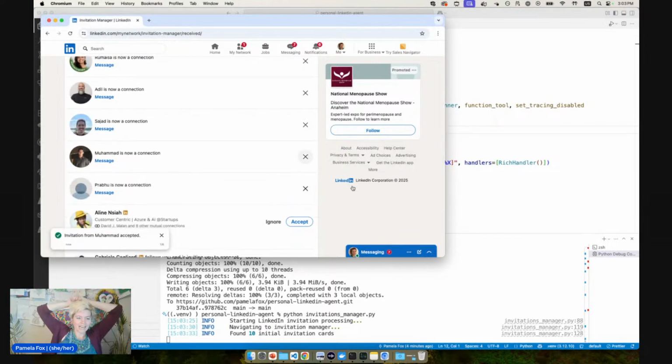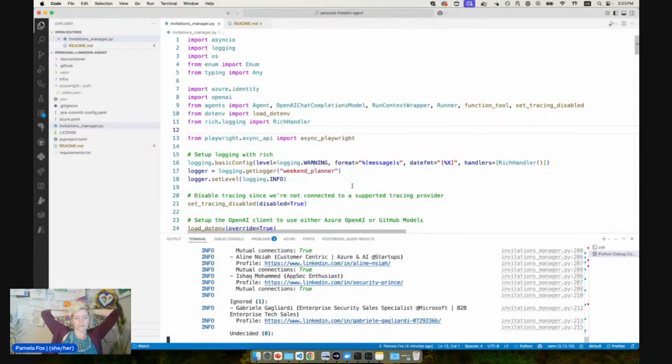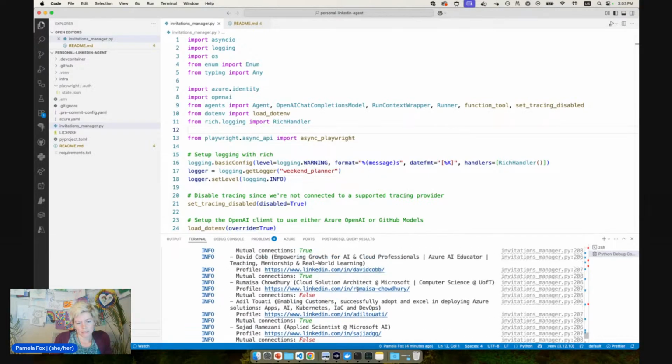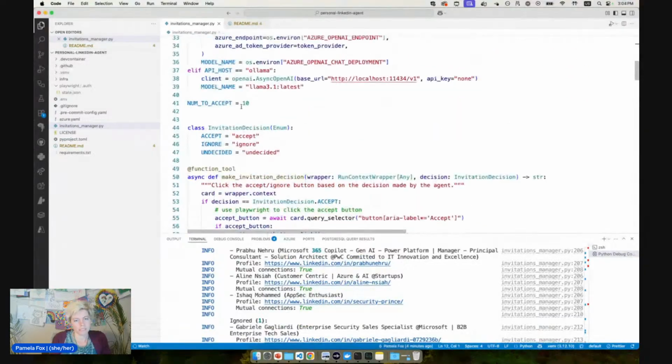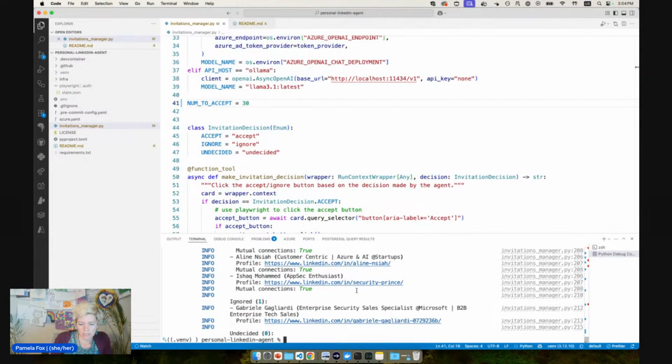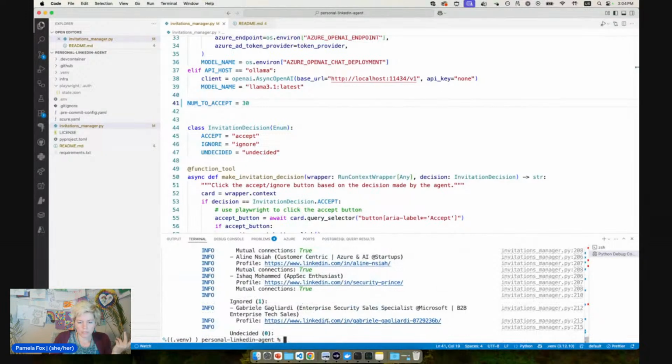See, no hands. It is going through and it is deciding whether to accept or ignore connections. And in this case, I decided to limit it to 10, but I can go ahead and increase that to 30, whatever. I could go to 100, I could go to 1,000. Just as we're developing something, it's nice to start off with small things. And then it tells me which of them it accepted. It also says which of them it ignored. Like in this case,